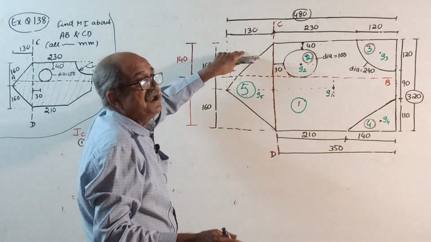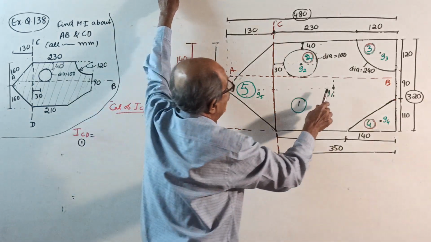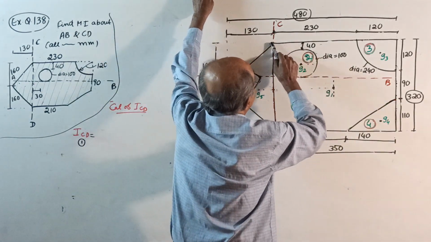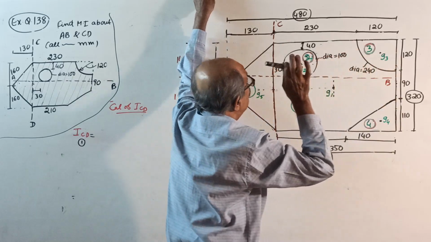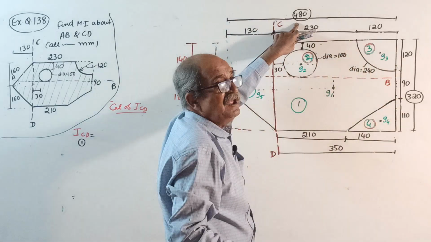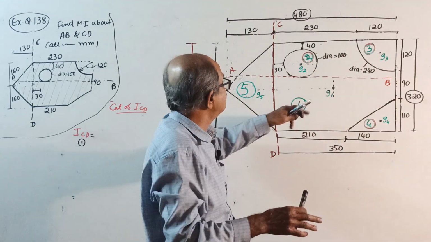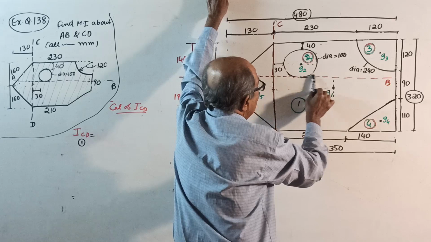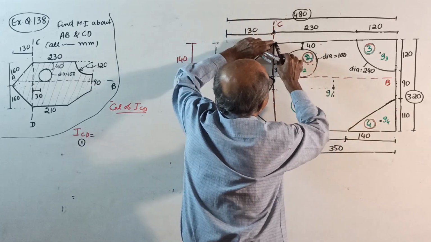Last time by mistake did I put 480? I don't know. See, when I do rectangle, last time 350 into 320 cube. By mistake did I take 480? I don't know. In case I took 480, you change it to, see, last time when I wanted I about AB, when I wrote I about this way,